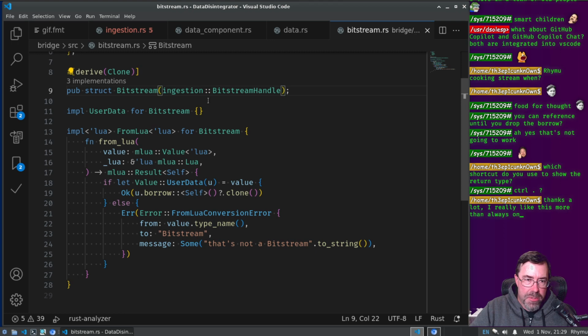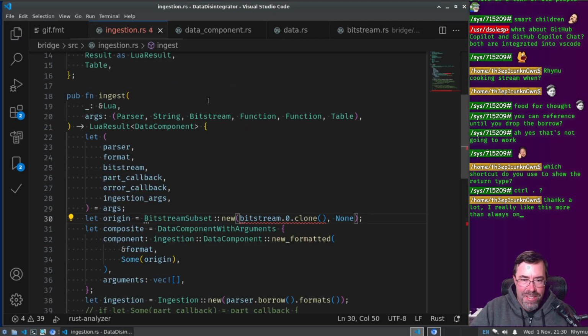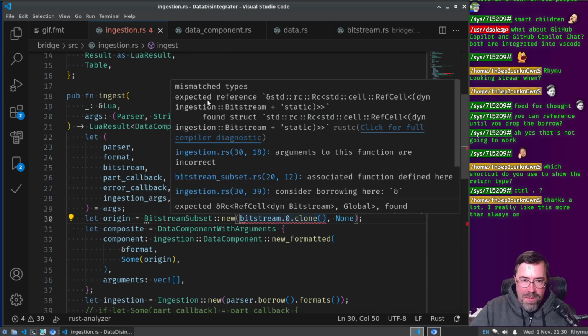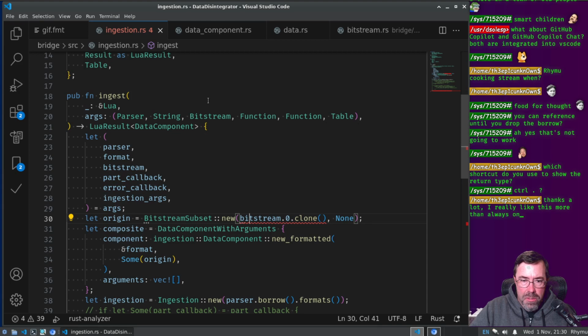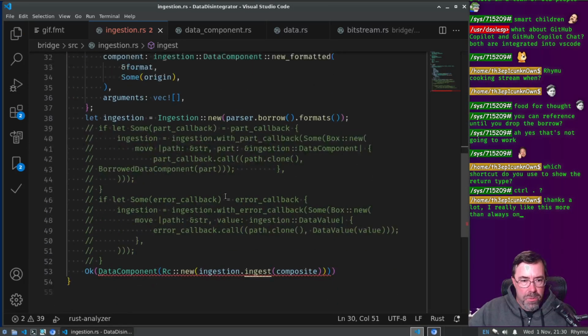Proper encapsulation or not? Nah. Okay, it wants to borrow it. Oh, then we don't need to clone it because it's going to clone it internally. Okay, cool. So we can make